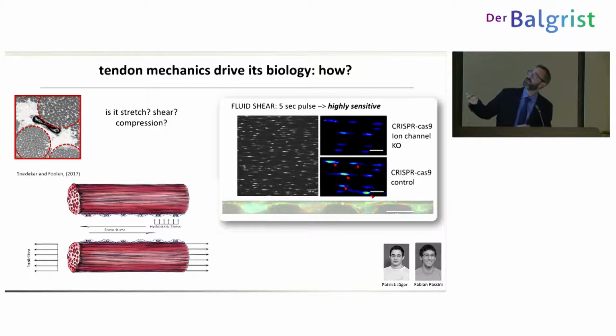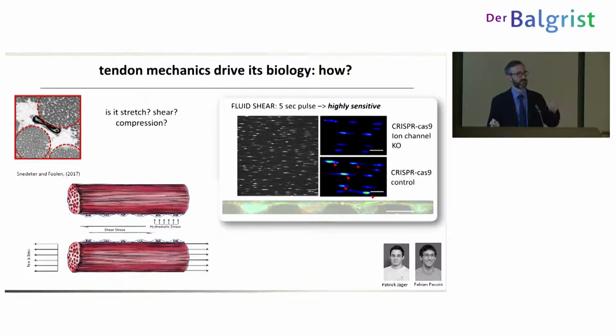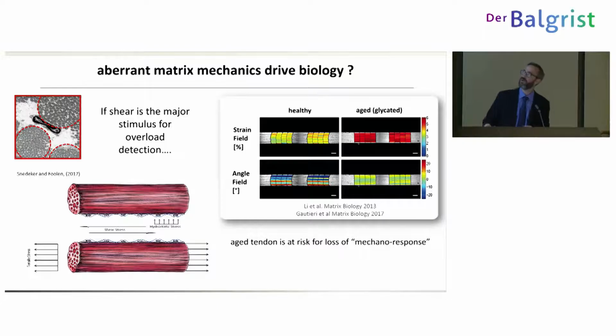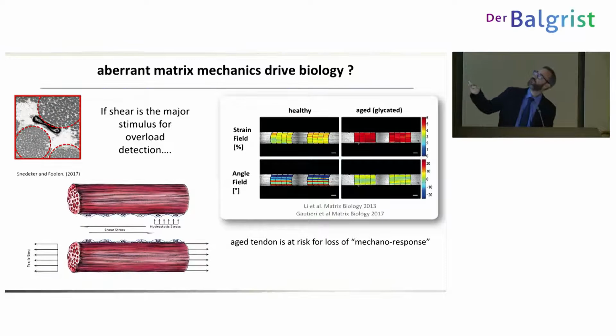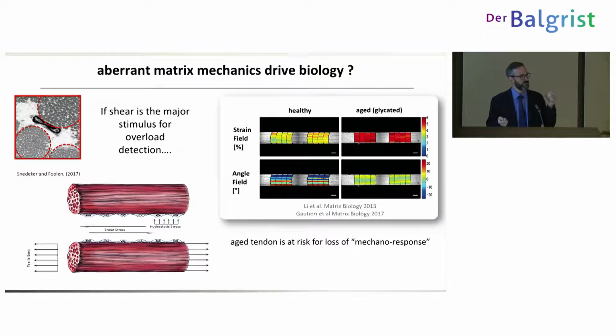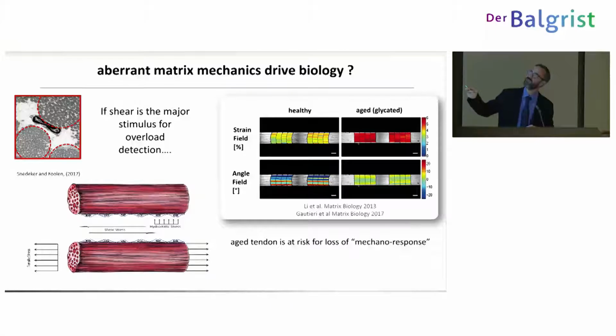However, when we put them in a similar chamber and put a little fluid flow over them, so we give them a shear stress, we see that the cells are very sensitive to the shear stress. So the stretching, they're not that sensitive, but they're very sensitive to this kind of sliding behavior. And what this might mean, it has maybe some implications, is that when we look at the healthy tendon versus the aged tendon, or a diabetic tendon, there's very subtle but maybe important differences in the way that these tissues